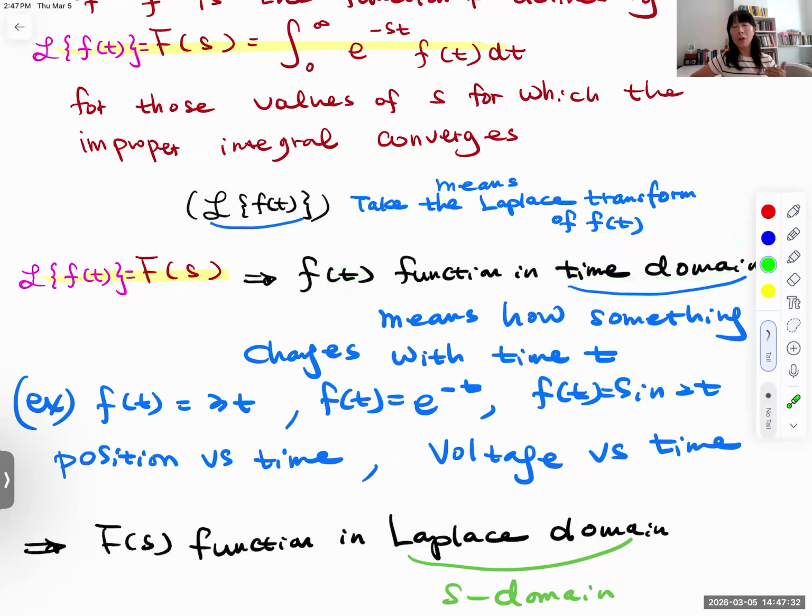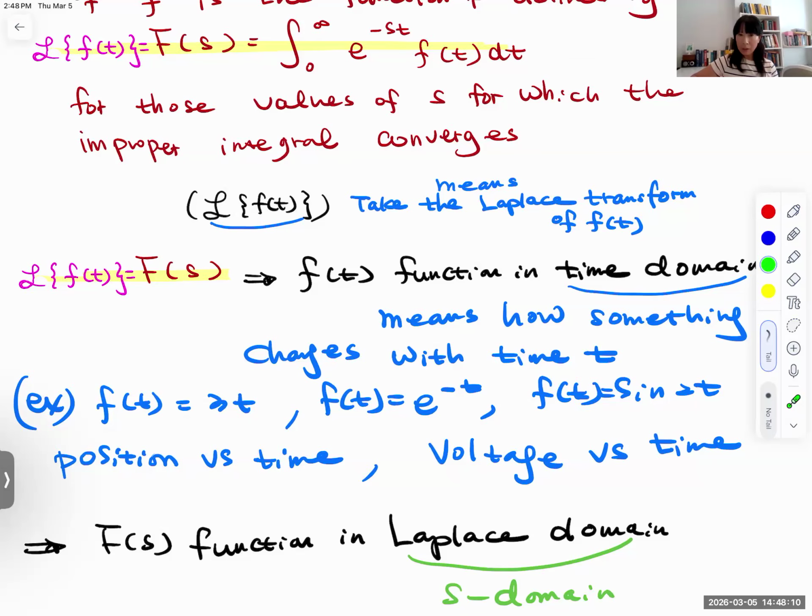So I introduced time t earlier, right? So t must be greater than or equal to 0. We cannot have t as a negative, right? So that means how something changes with time t, right? And if we are using position versus time, voltage versus time, as a function notation, f of t equals 3t, f of t equals e to the negative t, f of t equals sine 2t, and